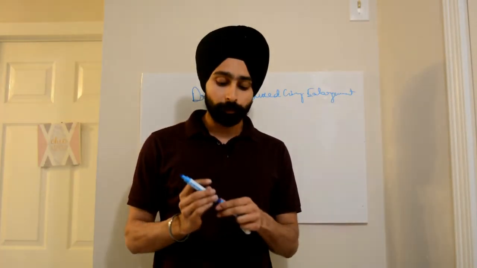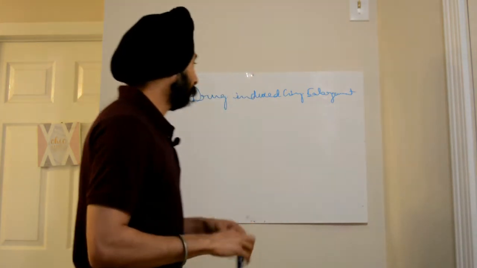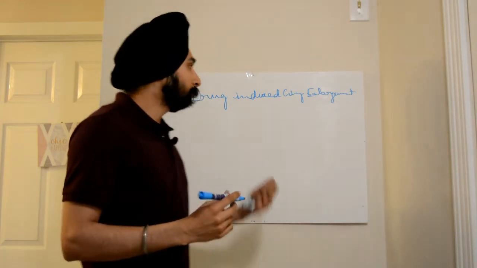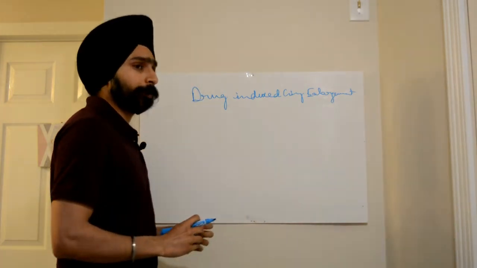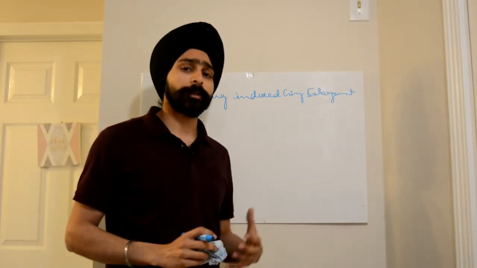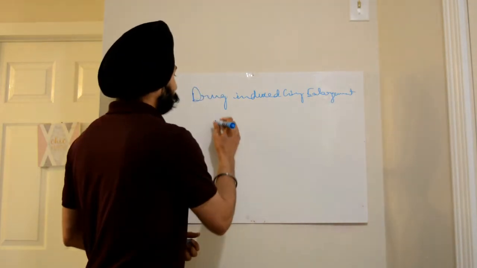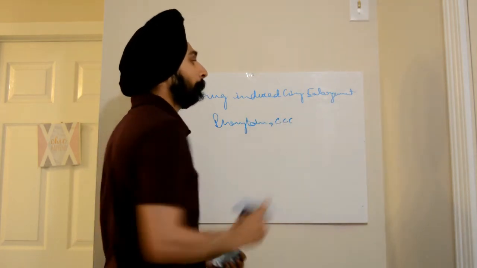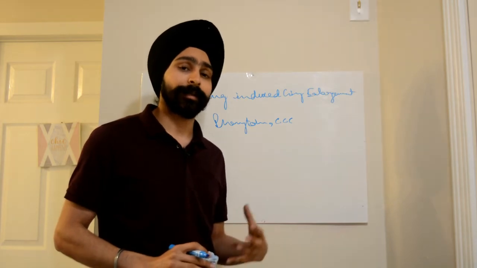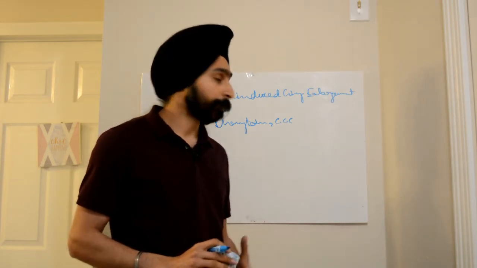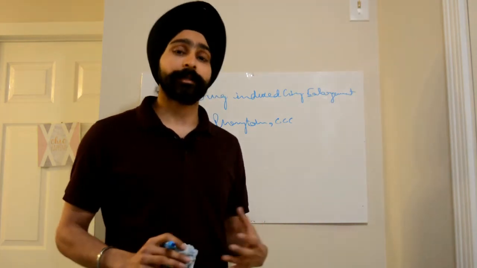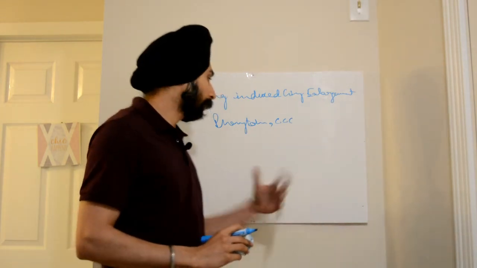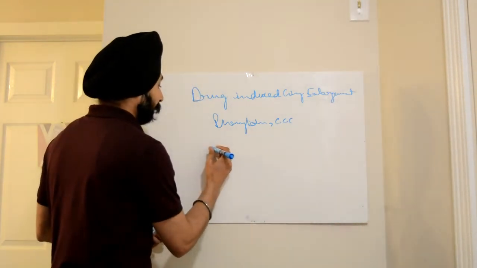Guys, before we come to the treatment section, one topic that was left is drug-induced gingival enlargement. Drug-induced gingival enlargement means when a patient takes certain drugs, for example phenytoin, cyclosporin or calcium channel blockers. These drugs have a tendency that the patient's gums will become enlarged, but there is no clinical attachment loss present. This type of drug-induced enlargement, if you want to depict it in the perio chart, it will be something like this.